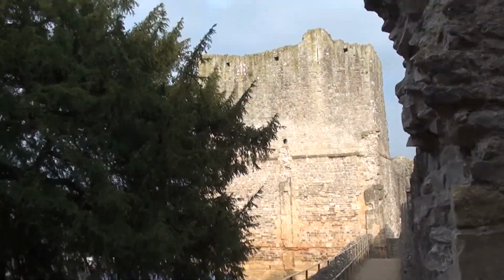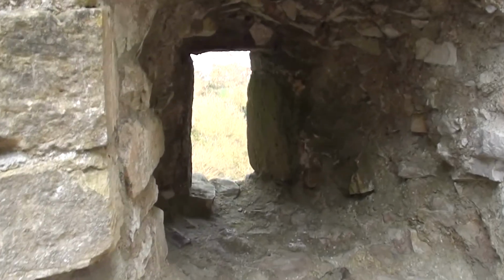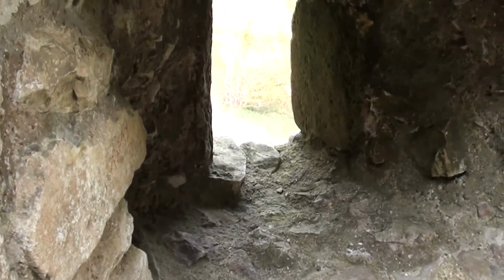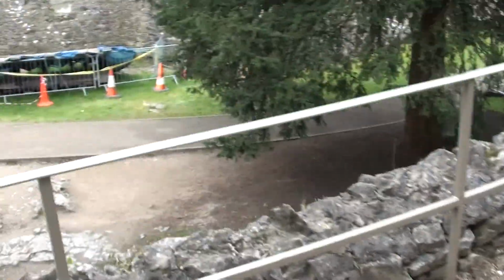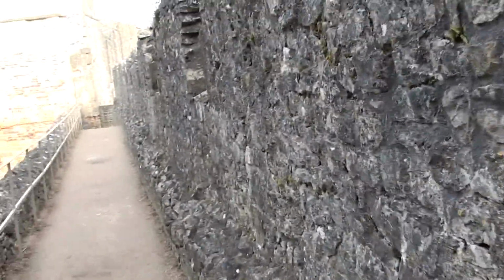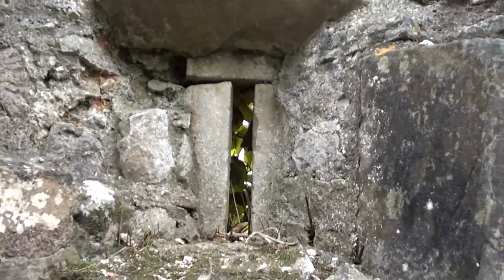That's the great tower that we were just in a minute ago. Family there with a dog off in the distance. Not sure if you can see him through there. Always got to get the dogs. Very good. I just love this idea of having like a bay window kind of thing, where you would always be able to crawl into these little nooks and kind of peek through. And I'm sure for defense it would make a lot of sense if they're trying to shoot arrows in there. There's a much smaller gap that you'd have to shoot it through, kind of like that, you can see. But if you're trying to look in, you've got plenty of room to...